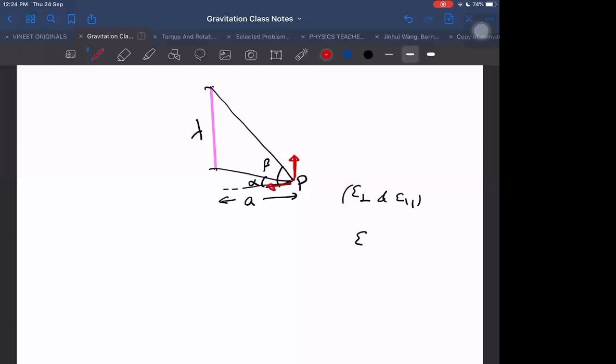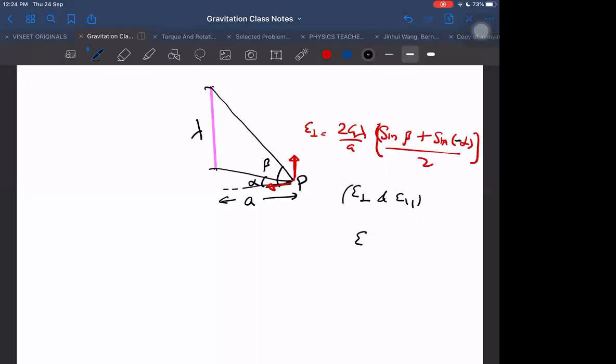What about E perpendicular? E perpendicular will be 2G lambda by A into sine of beta plus sine of minus alpha divided by 2. I will give you the reason why minus alpha here. You remember when I derived this, then I took this angle as negative when it was on the opposite side. But this time this alpha angle is also on the same side only. It means I had taken alpha to be negative, but that is valid only for which cases? When it is on the opposite side.